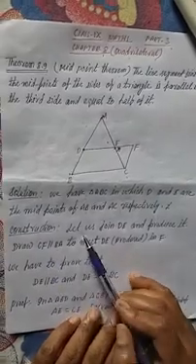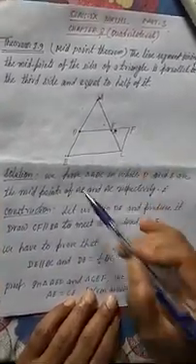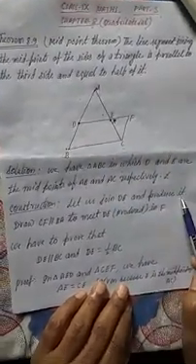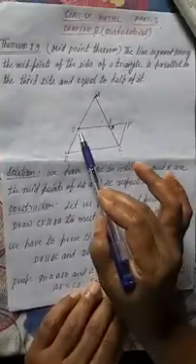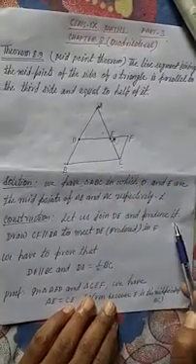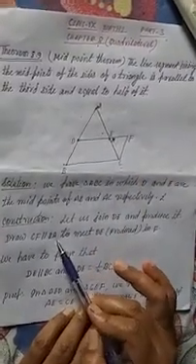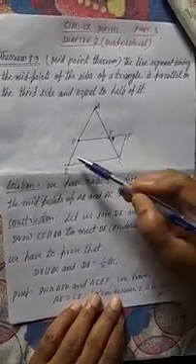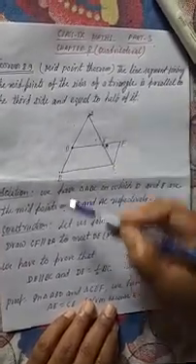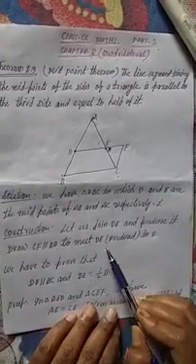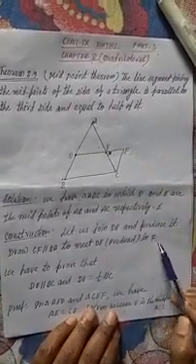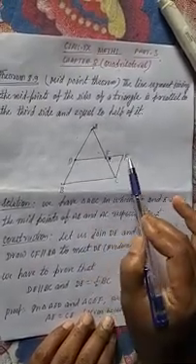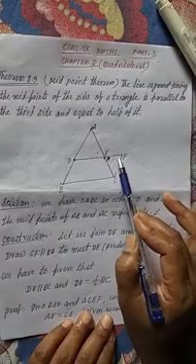Okay, construction. Here we need a construction to prove that. Let us join DE and produce it. First of all, you have to join here to here and produce it, and draw CF parallel to BA. CF parallel to BA, this is the BA. Okay, and produce DE to meet at F, means till here. So if you produce DE, it meets at point F.